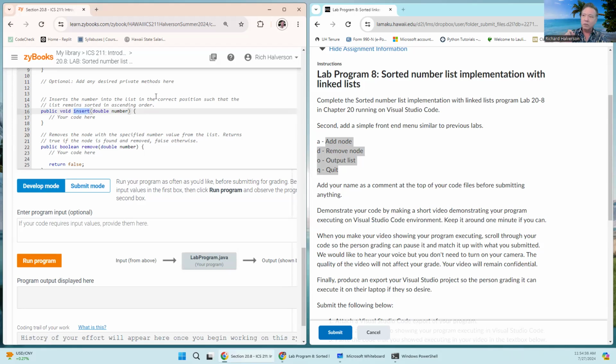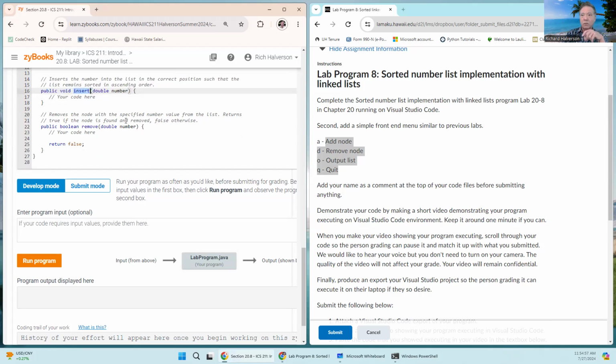So the trick is you have to find the right spot in the list for the number, and then you instantiate a node, save the value into the data field of the node, and then link that node into the proper spot in this linked list that will exist already. And this is how you take it out. So inserting it means you